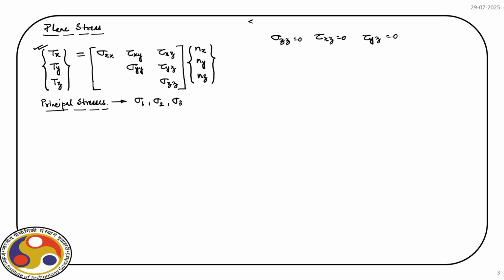So, this is a special case. If you look at the notation, what does it mean? It means all the stress components along z direction are 0. So, what is the situation? We have, say,